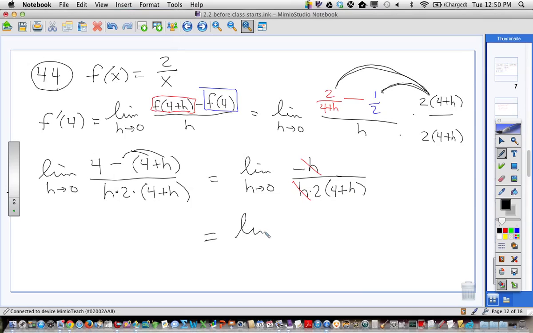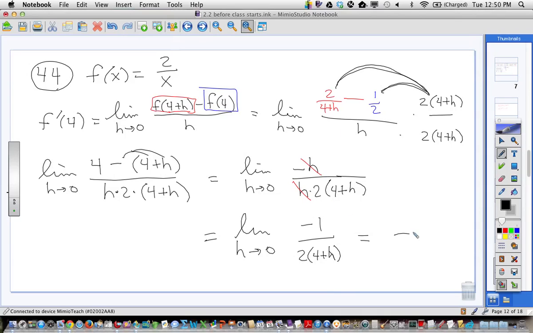So we get limit h approaches 0. Now we got negative 1 over 2 times 4 plus h. Right? Well, what's that equal? Why can we plug a 0 in for h? Well, because when the points get really close, when h gets really close to 0, this 4 plus h basically becomes 4. It's getting closer and closer and closer to being 4. Okay? So if the 2 points ever could become 1, we know this would turn into a 4. And we get negative 1/8